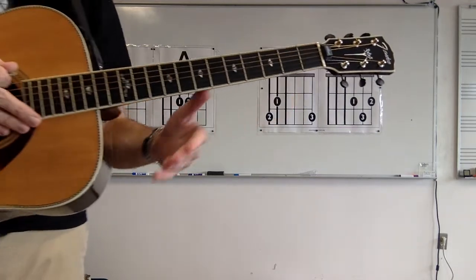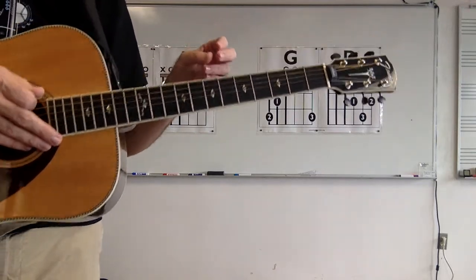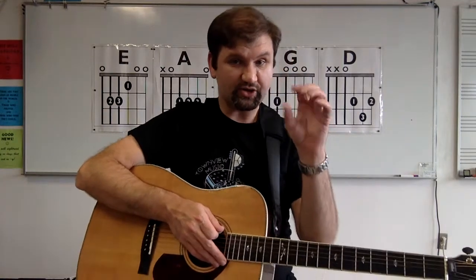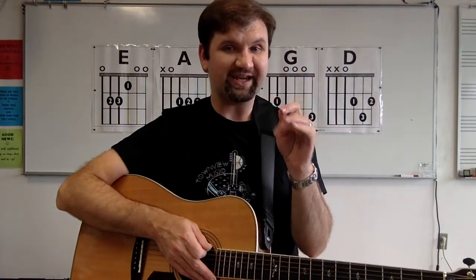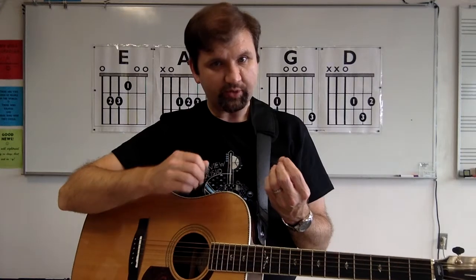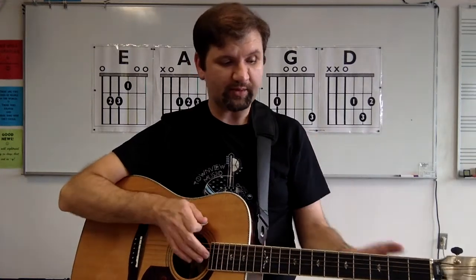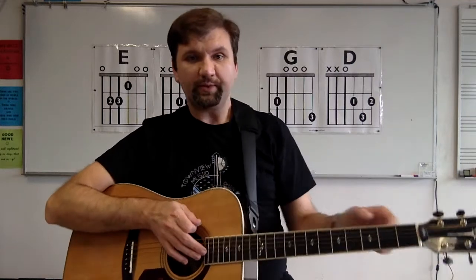As you practice it, you'll notice that you start to get a little more comfort with it. But you also might start to get a little lax with it, and your fingers start to come away from the fretboard a little bit, and you start to get some unintentional buzz. Watch out for that and just keep readjusting. Once you get more comfortable, it becomes more of just muscle memory and a habit, and it comes right back into place. Now we talked about the very edge of the chord,